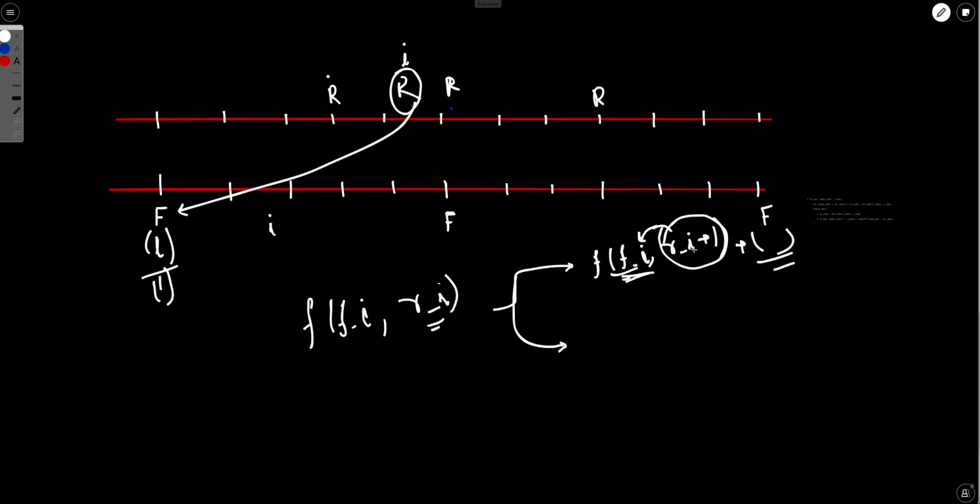Apart from these two things, we will also add limit, right? Limit left. So initially, this first factory has some limit L. Now, once you assign some robot to this factory,